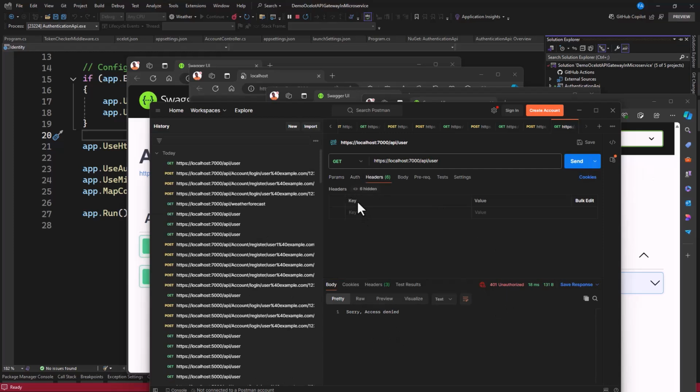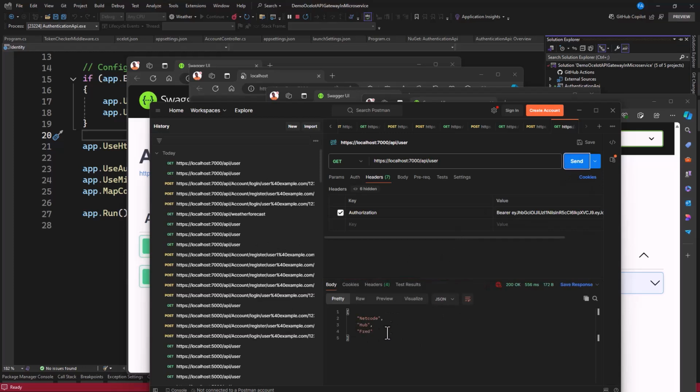Let's go to the header. And now this header, let's add authorization header. That is a key. And now let's add the value. So we have to type in bearer, space, and now paste in the token in there. Then after we're done with that, let's make a send and let's check it out. So you can see now we have it, right? So if I go to the header, there's a header that came, okay? So there's a body as well. So now you can see that after we've added that token, now we can make a request in here.